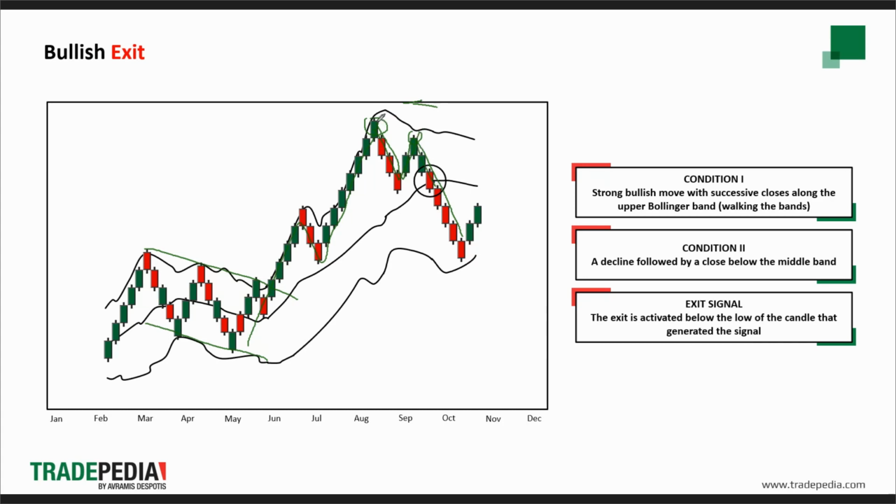Firstly, you take note that over here there is a change of market structure. Previously, it was making higher high, higher low. Over here this green candle was not able to make a higher high. So you should already take note that there might be a change